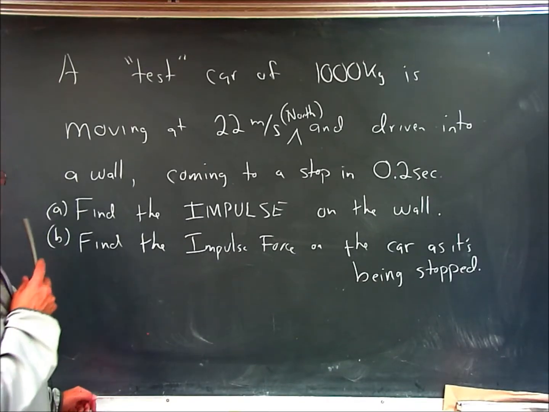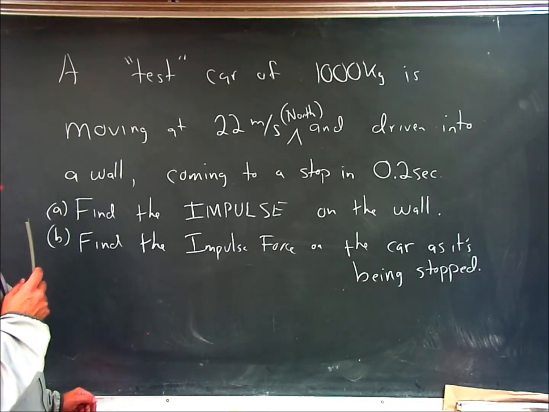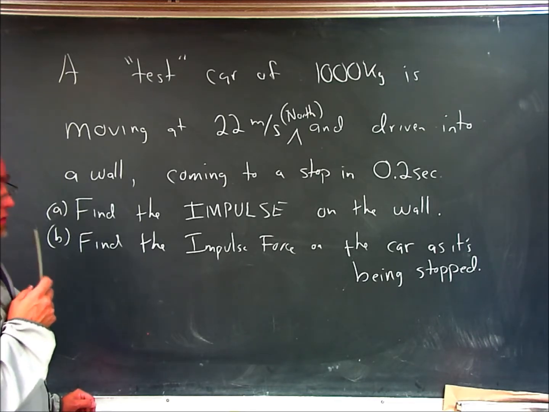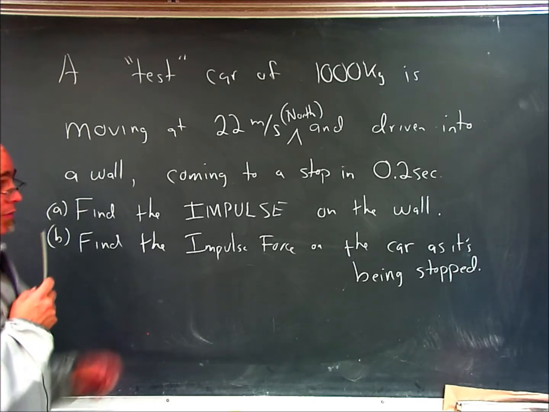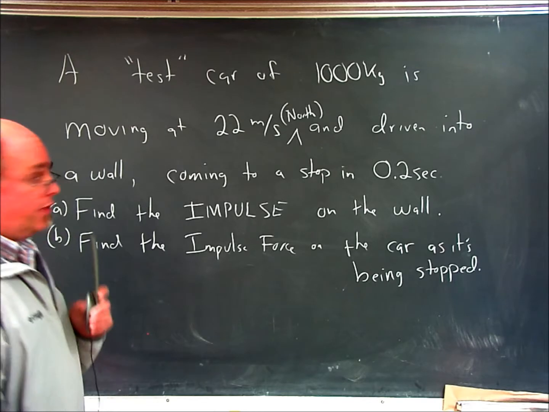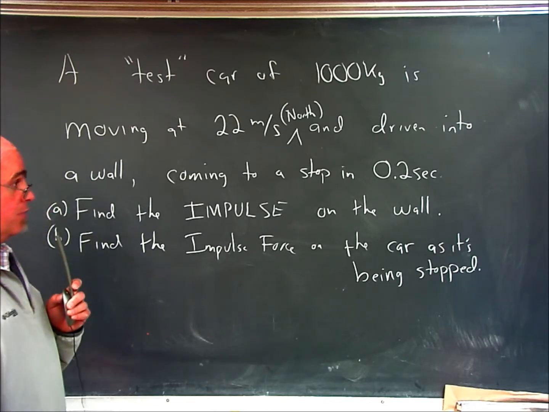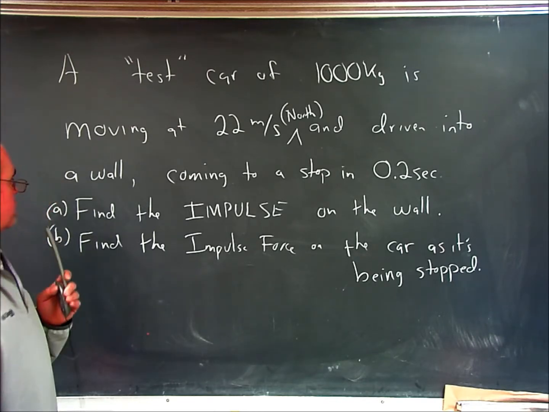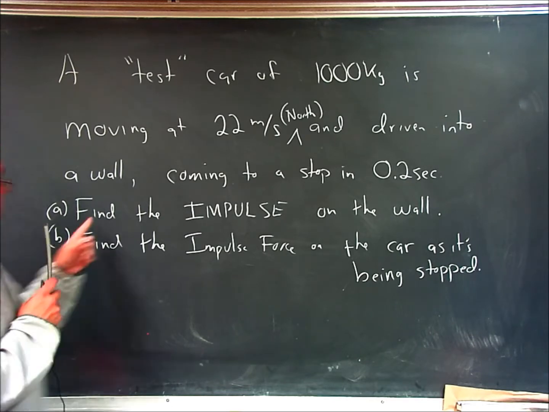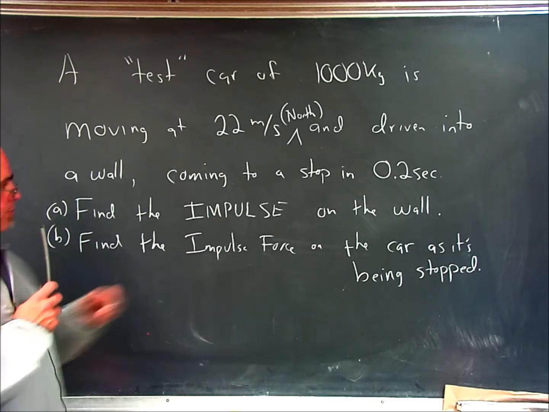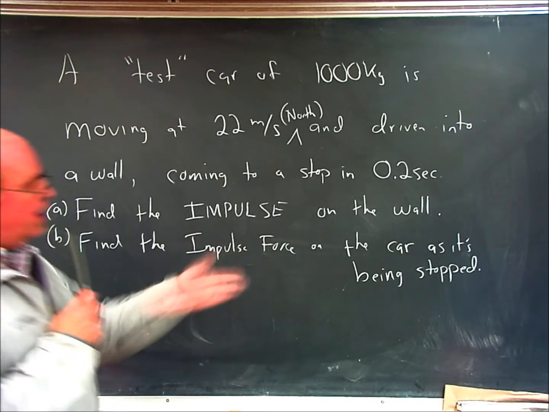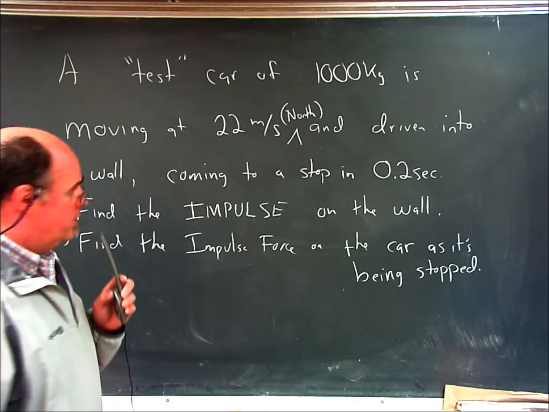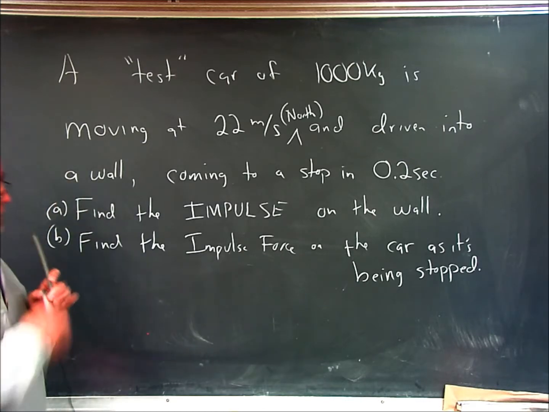Okay, so here is a problem that says we have a test car of 1,000 kilograms, and it's moving at 22 meters per second going to the north, and it is driven into a wall. So this is one of those factory tests they are doing, and the car is going to come to a stop in 0.02 seconds. Two questions. A, find the impulse on the wall by the car, and B, find the impulse force on the car as it's being stopped. So what we have to do is